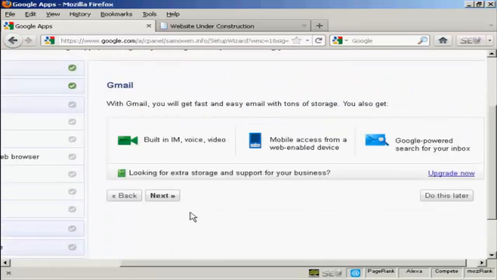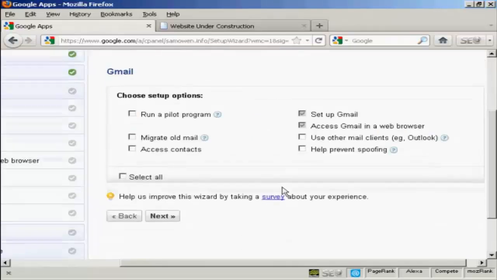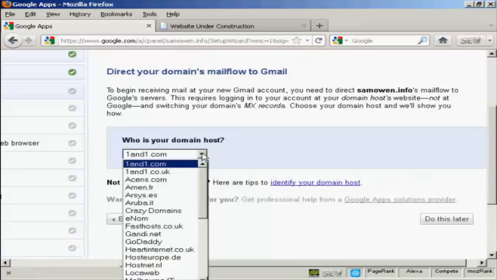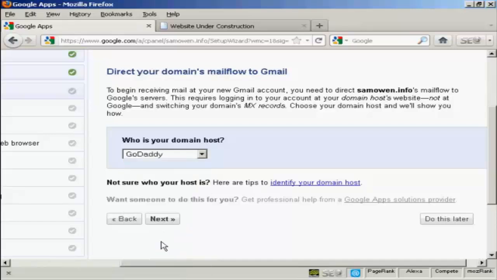And you can see it's asking me if I want built-in IM voice and video, mobile access from a web device, etc. Click on Next. Now I'm going to choose the setup options, and what I can do is migrate old mail and access contacts, and you can also prevent spoofing. So we click on Next. And it says who's my domain host. Well, my domain is actually registered with GoDaddy, so click on Next,